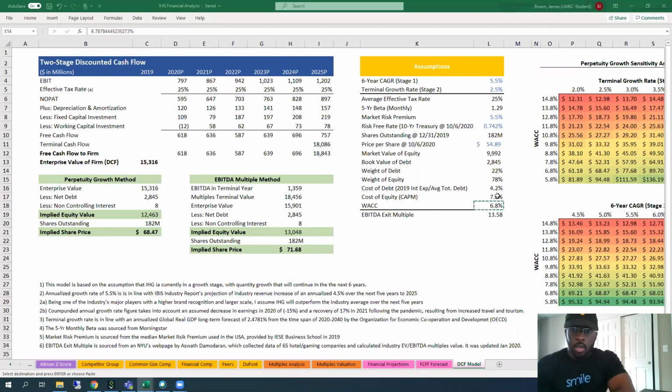Starting off with my cost of equity calculation, weighted average cost of capital calculation, terminal value calculations,